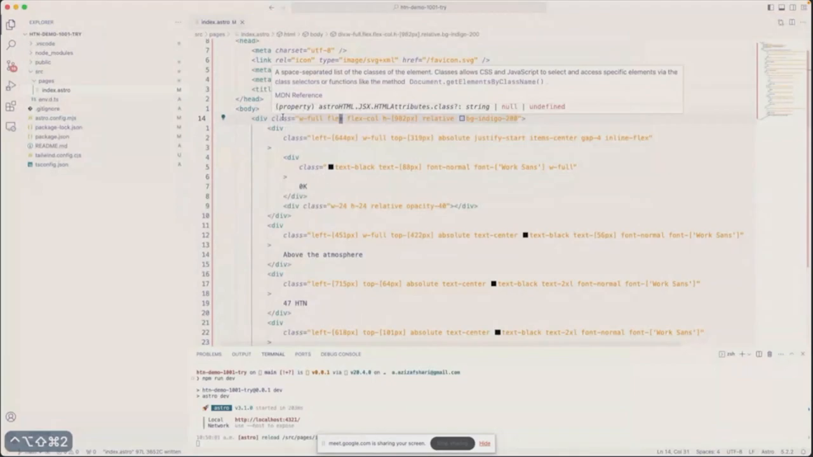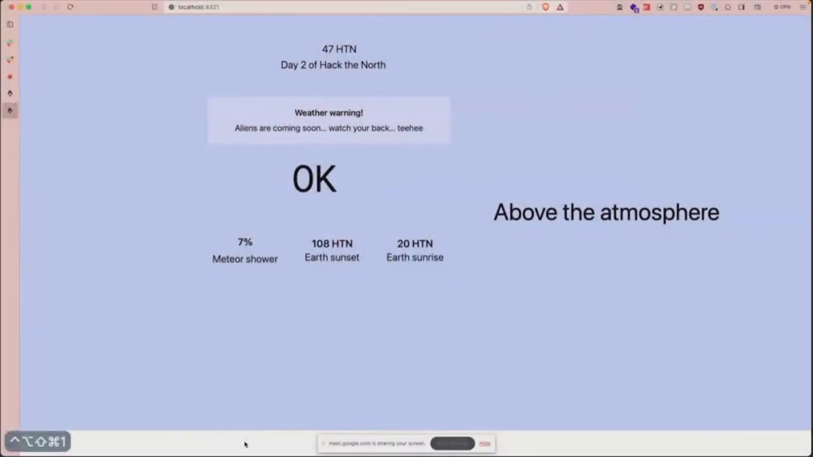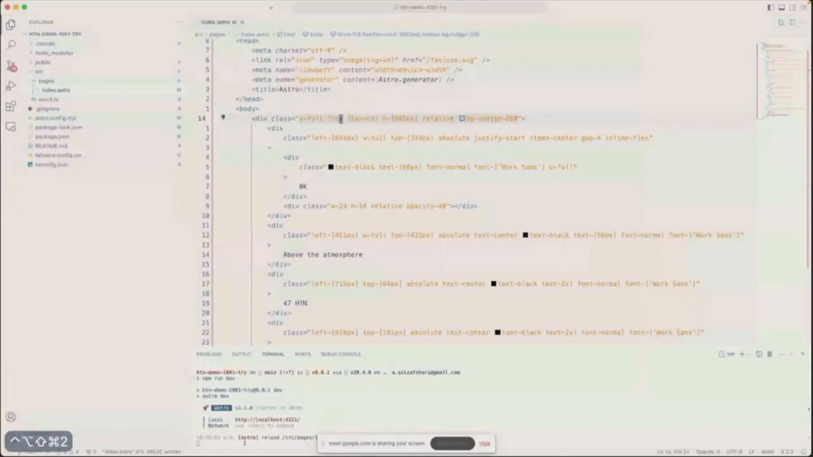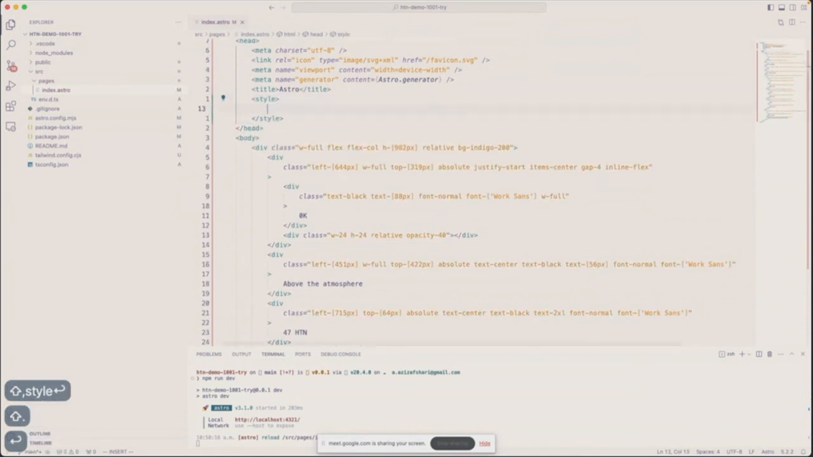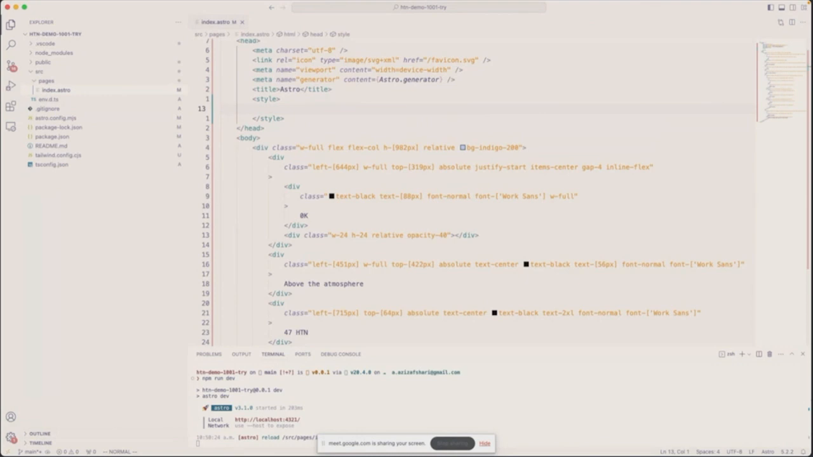We want the background to also be the same color. So I'm gonna show you guys something else for Astro. It has this thing called scoped CSS. So if I do a style tag or something like that, it's gonna be scoped to this page and not every single other page, right? So in React, you have this problem that you have some CSS and it applies to your other components. You can have it scoped to one thing, but if you do want to have it applied globally,